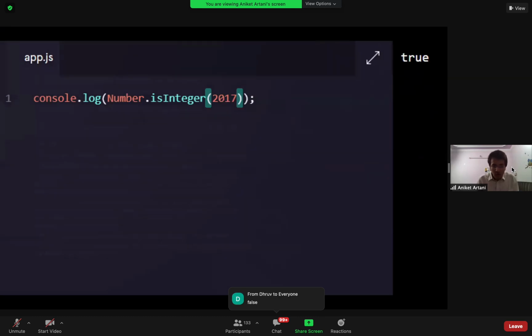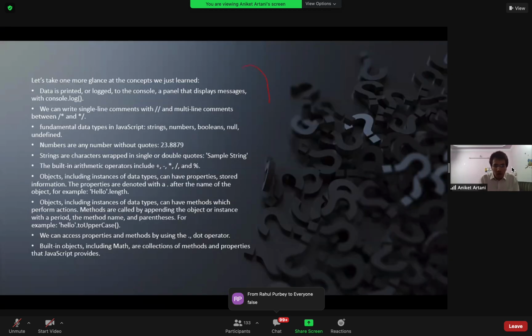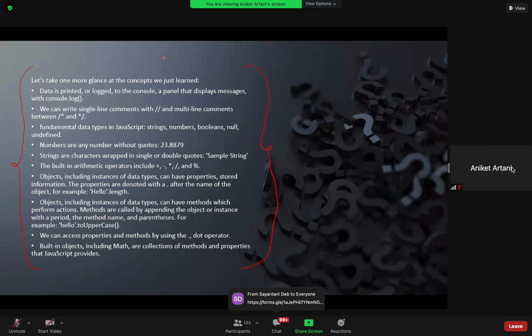Okay, now what will we do? These are all the statements, a glance at what I have explained to you today. Read it, I'm giving you 1 minute for reading this. After the 1 minute, I will start practically doing this type of thing: console.log, addition, subtraction, arithmetic operations, and all the things. Let's meet after 1 or 2 minutes. Please everyone read all these points.